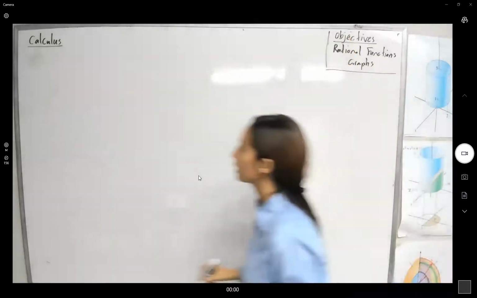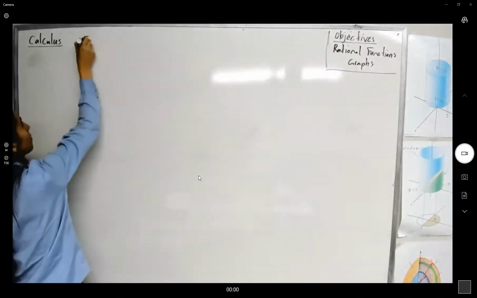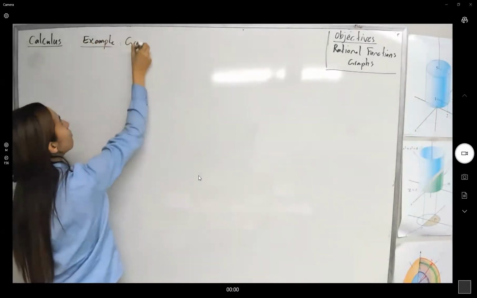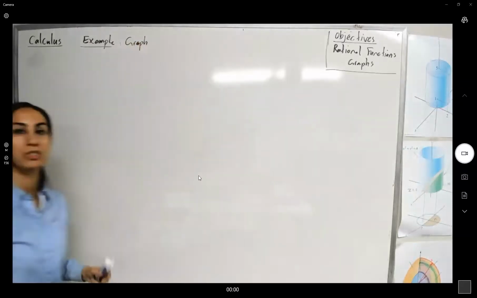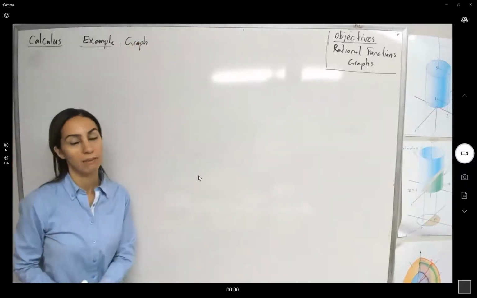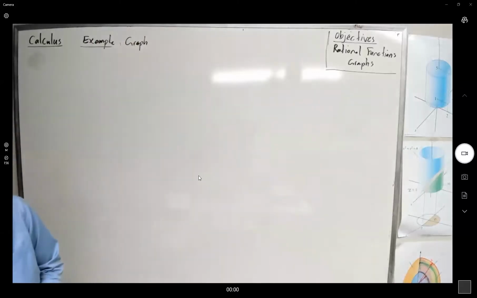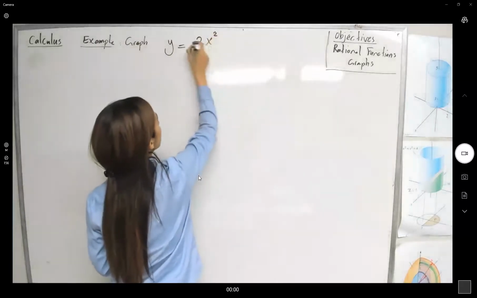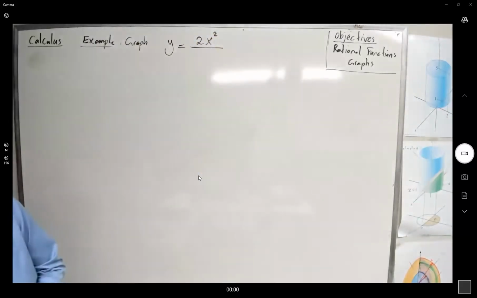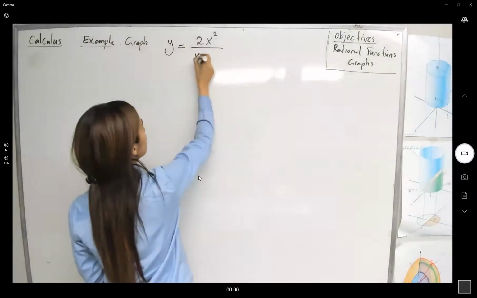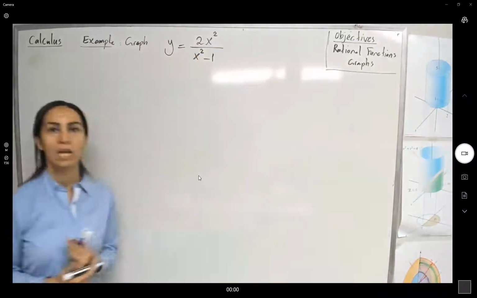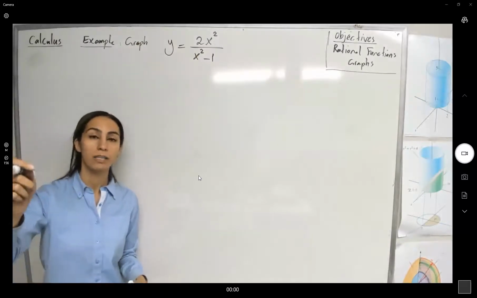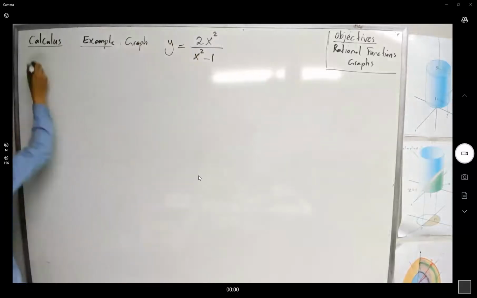Very well. Okay. Example. In this example, we're going to graph a function without using a graphing website or graphing calculator. So you have y equals 2x squared divided by x squared minus 1. In the very first step, when you have a function, you should be finding the domain of that function. Step 1,